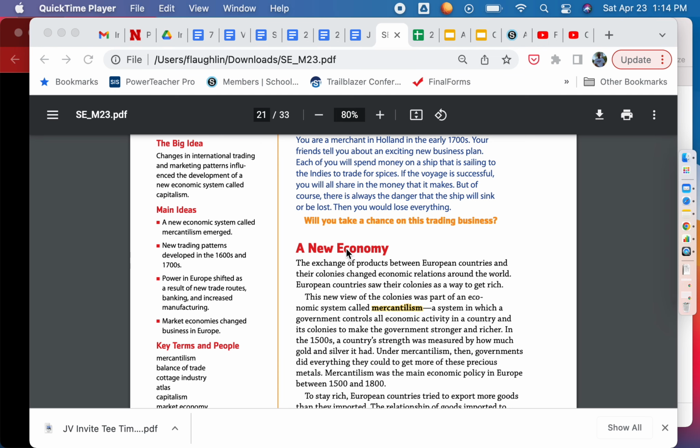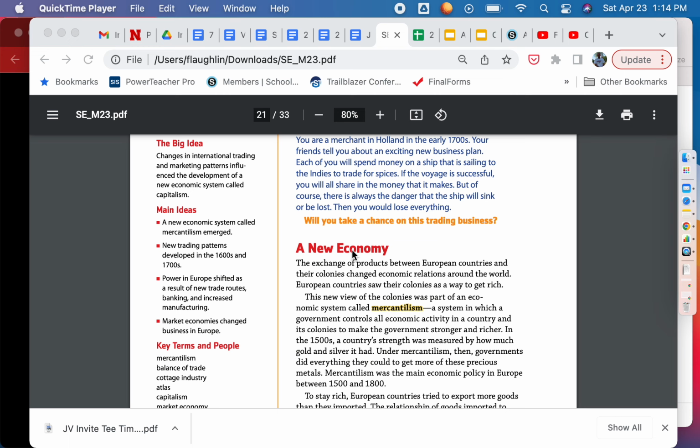All right, so we now have a new economy, okay? Here's where you're going to start filling in the blanks. I'll try to just basically give you some idea. I'll try to say the words that go in the blanks. I may add more than what's actually there in the packet. You just need to be able to understand which parts go into the blanks, and hopefully you'll get the information you need to fill out the answers to the questions also. All right, so a new economy.